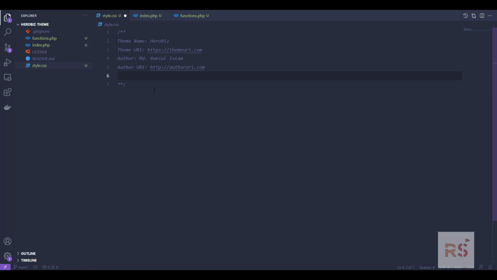Then the description, you can say the theme description here, and then we also need the version, so version will be 1.0.0, and then we can have the text domain, and the text domain would be hero biz,